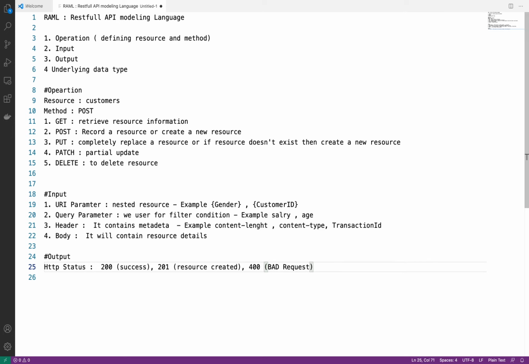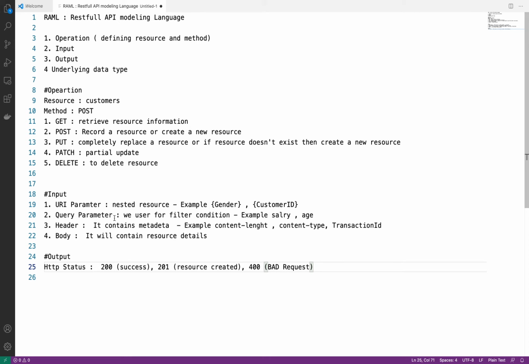What does it mean? Whenever you define your input, you define the structure of your input, like what will be your URI parameter, your query parameter, your header, and your body. What data inside these input parameters is mandatory, what is optional, and if it is mandatory or optional, what kind of data it will accept.